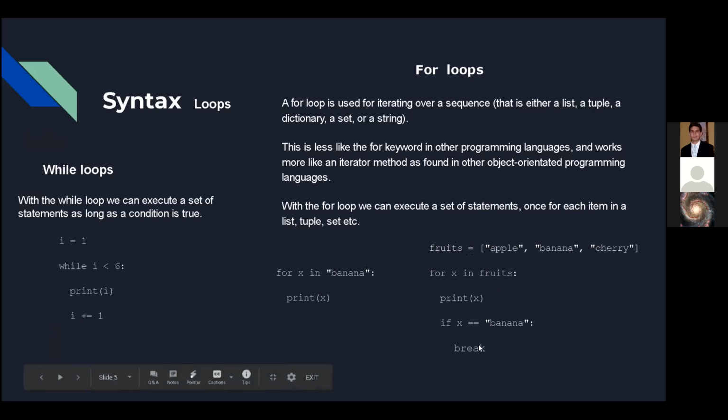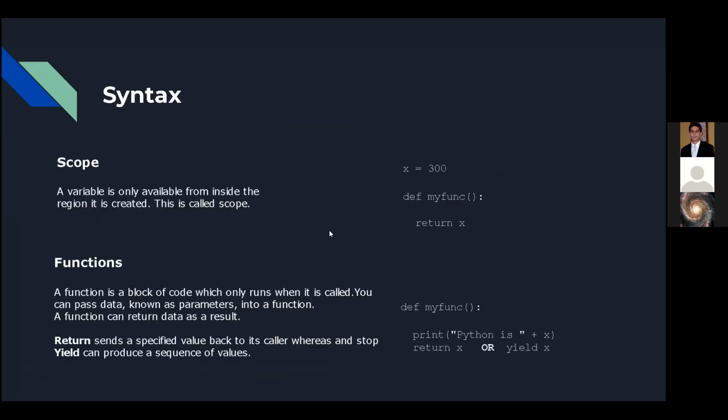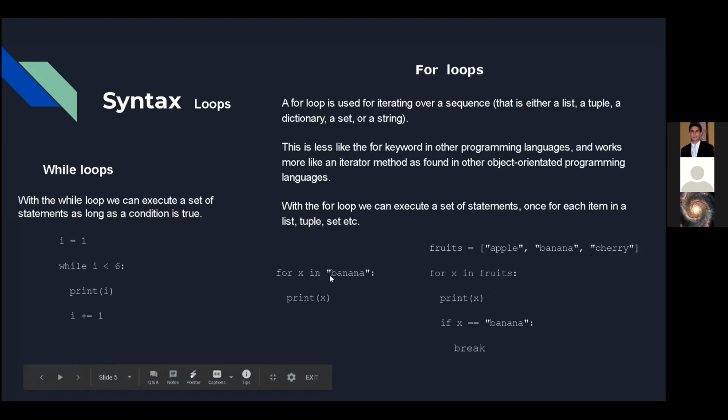So this is how you break a loop. Let's say you already find the condition that you want, and you don't want to keep traversing the array, the list, or whatever thing you're traversing. You just put a condition, and you can use break, or you can use return, or you can use yield to stop it, or you can use yield to not stop it, but just get one pass of the array.